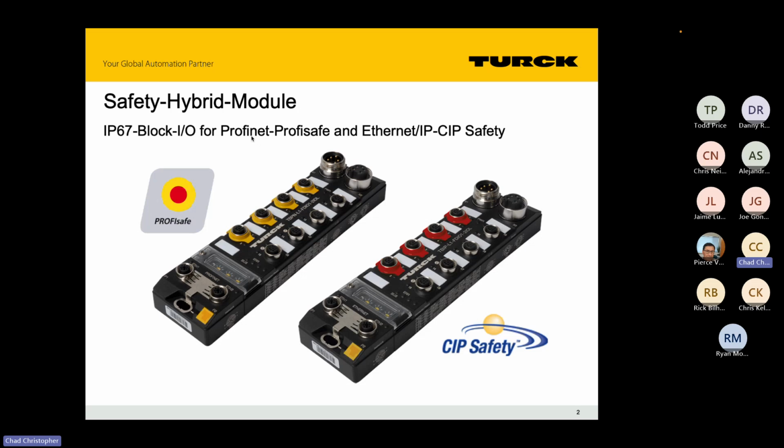That's one of the reasons the devices like the Banner controllers are so popular. It allows the customer to use their standard PLCs, do all this, offload all the safety to the safety controllers, and then be able to just have it communicate and tell the PLC what's going on, but everything's being handled downstream. These two blocks here for Turk, one is ProfiSafe, one is SIP Safety, so Rockwell, Schneider, Siemens,